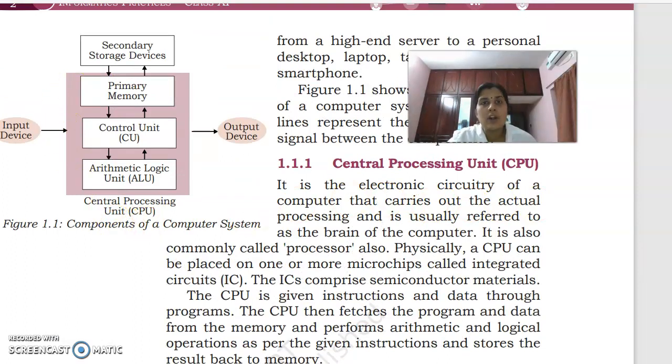You all know what a CPU is. In our computer, there is a CPU box. Inside that there is a microchip, which is known as an integrated circuit. This chip or circuit is known as the CPU, which is a microprocessor. By using this CPU, all the calculations or all the processing are done in the computer. This CPU is known as the brain of the computer because it does all the operations; by using the CPU all the processing takes place.